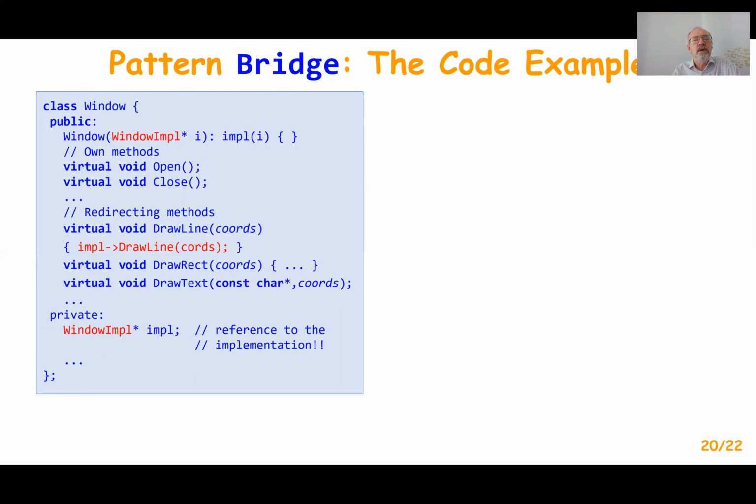So, class window represents the topmost abstraction of a window in some GUI. So we have very common methods in this class: open, close, and some other methods. Typically, there are a lot of methods, and our attention is paid on methods